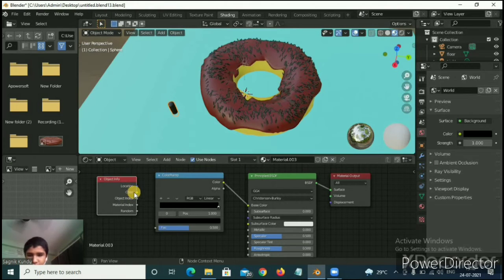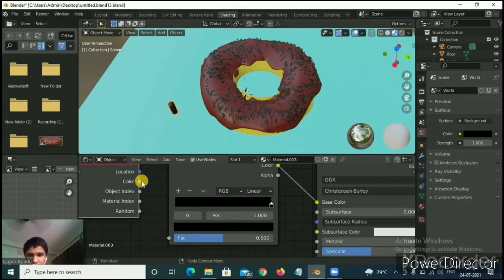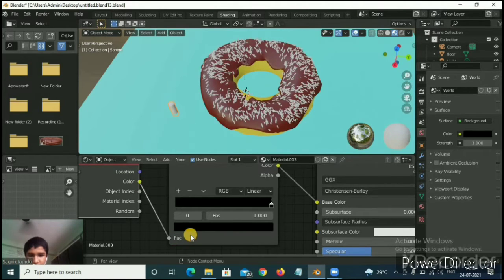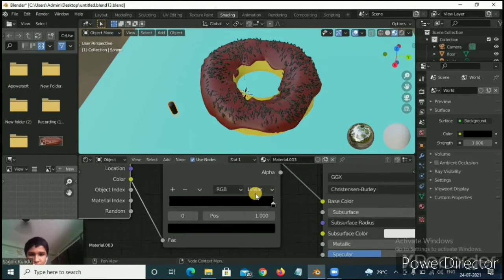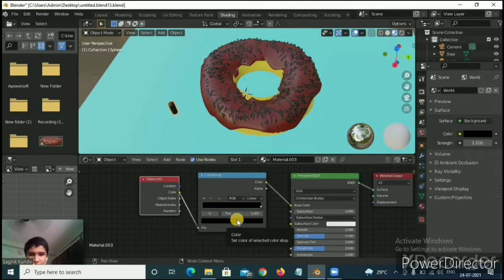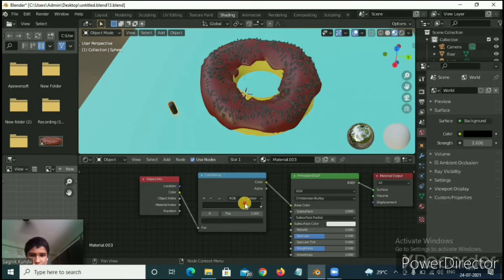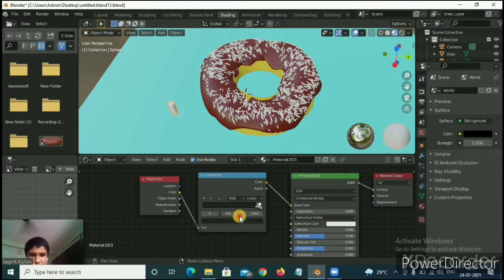Then here you can see color, bring that color into the fac.